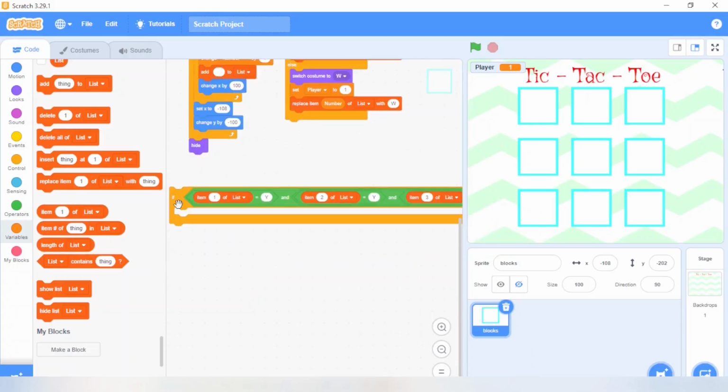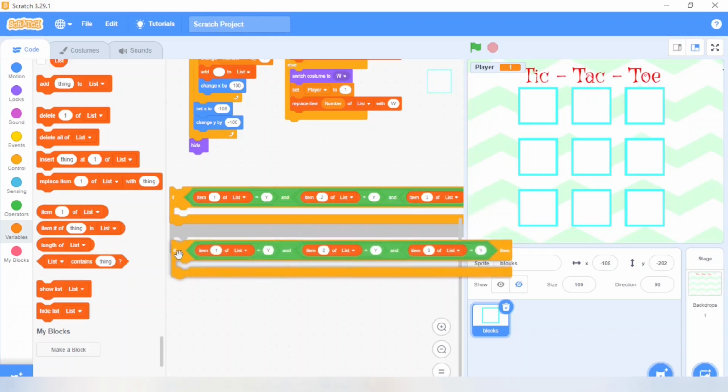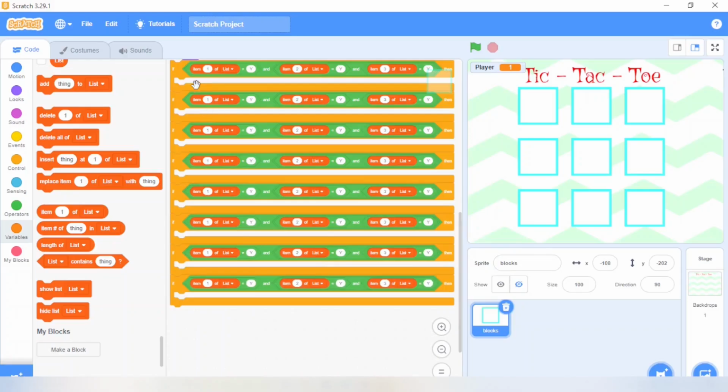And the same thing we're going to repeat 8 times, right? Because we have 8 combinations. This is one combination, 1, 2, 3, then 4, 5, 6, then 7, 8, 9, and here 1, 4, 7, 2, 5, 8, and 3, 6, 9. Then afterwards it would be 1, 5, 9 and 3, 5, 7. So these are the combinations we want over here. So I'll duplicate it 8 times and place it downwards. Yes, you can count it: 1, 2, 3, 4, 5, 6, 7, 8.